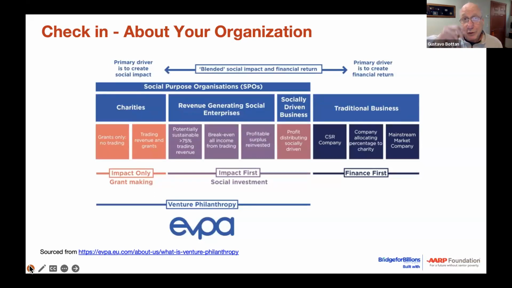So on the results of this, I have to say, I was expecting to see more or less number of 10s, because 10 basically is a mainstream market company, which is fine. I'm not saying that a company that is primarily driven by finance, by a return to its investors, and perhaps even has as a goal an exit strategy of going public, could not be very well the intent of the founders of the company. But